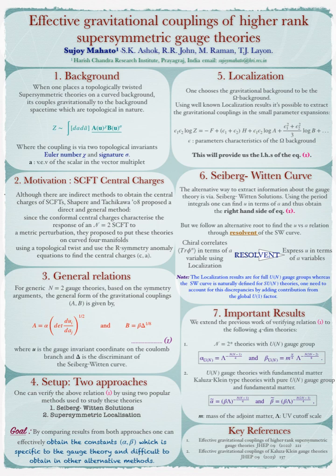And the important result we have found is, for N equal to 2 star theories with U(N) gauge group, we have found these functions alpha and beta, how they vary with the rank of the gauge group. Similarly, we have studied the U(N) gauge theory with fundamental matter and Kaluza-Klein type of gauge theories with fundamental matter as well, and we have found the alpha and beta functions for them also. So these are the main results we have found, and we have also verified that this relation holds.